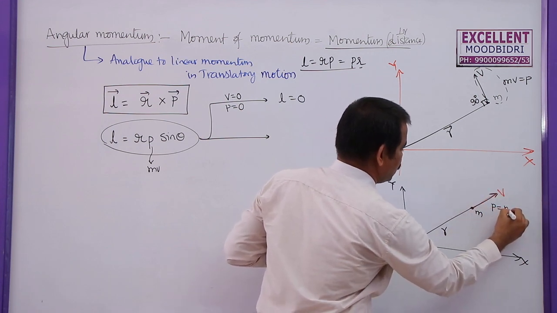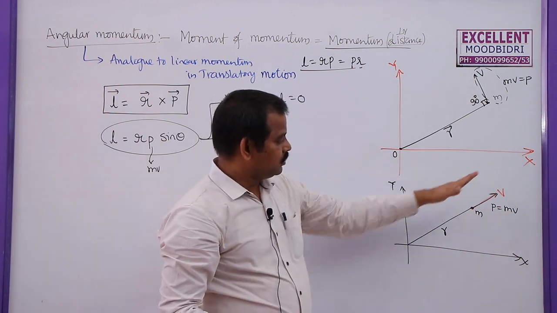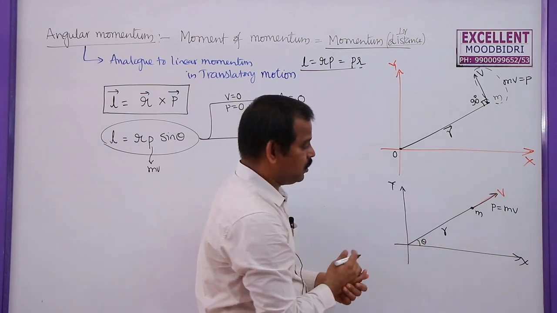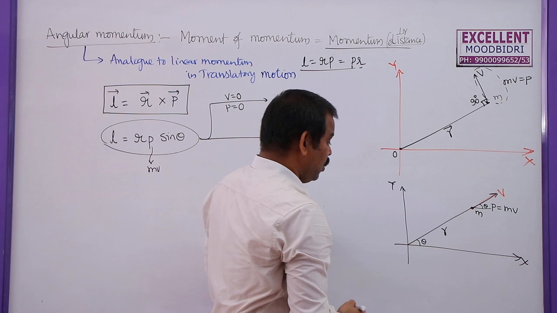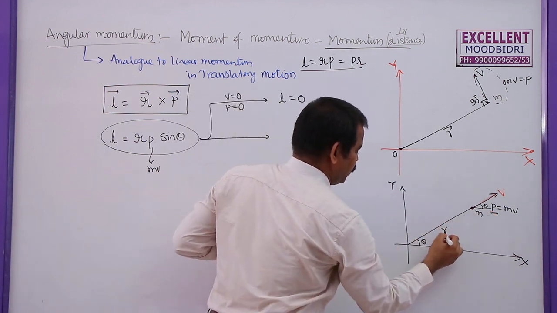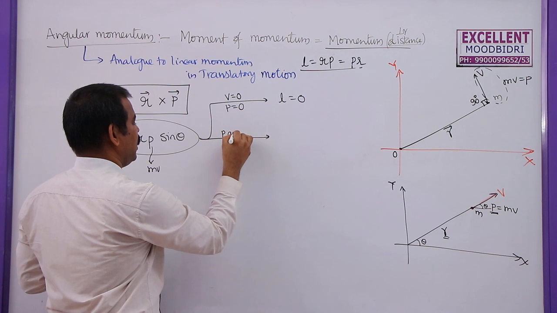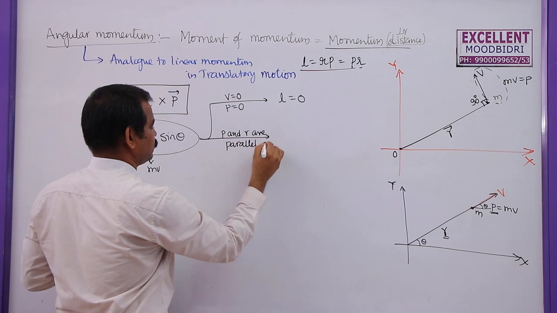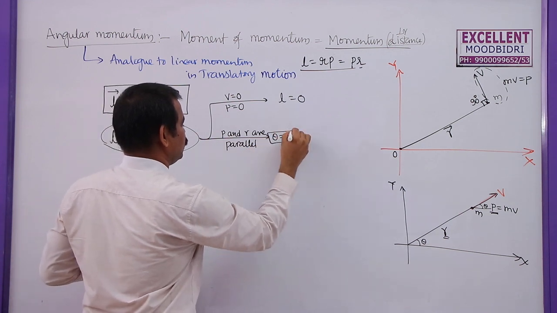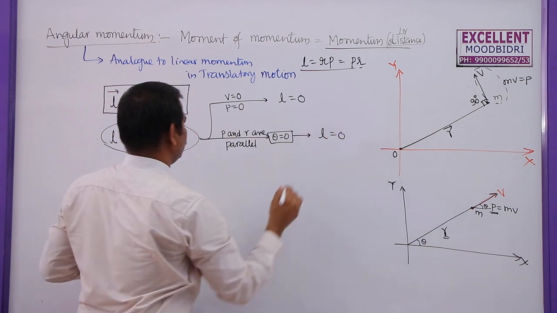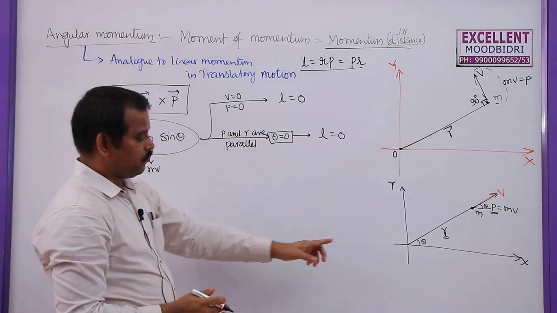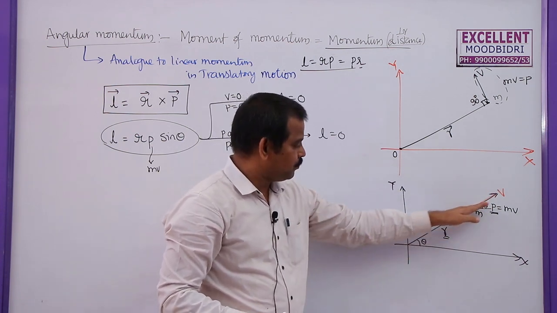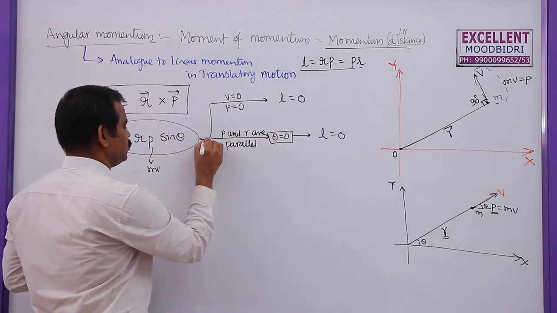So what is the momentum here? That is mass times velocity. But what is its direction? This position vector or displacement vector is making an angle theta here. What is the angle between p and r? If p and r are parallel to each other, that means theta is equal to 0, then this will become 0 because sin 0 is equal to 0. So when you are finding the angular momentum of this particle about the origin, if the particle is moving in the direction of the position vector, then the angular momentum should become 0.